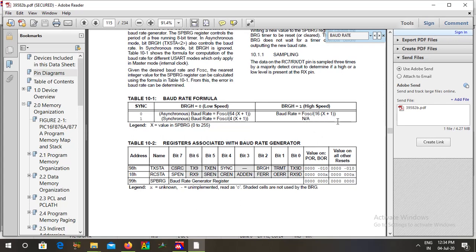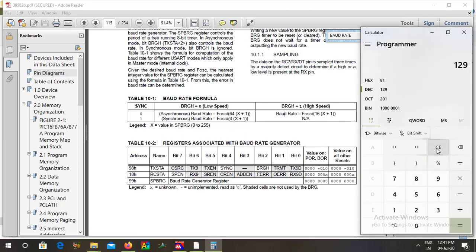My baud rate is 9600. So the baud rate is calculated from the oscillator frequency. This is the formula: baud rate is equal to F oscillator divided by 16 into X plus 1.